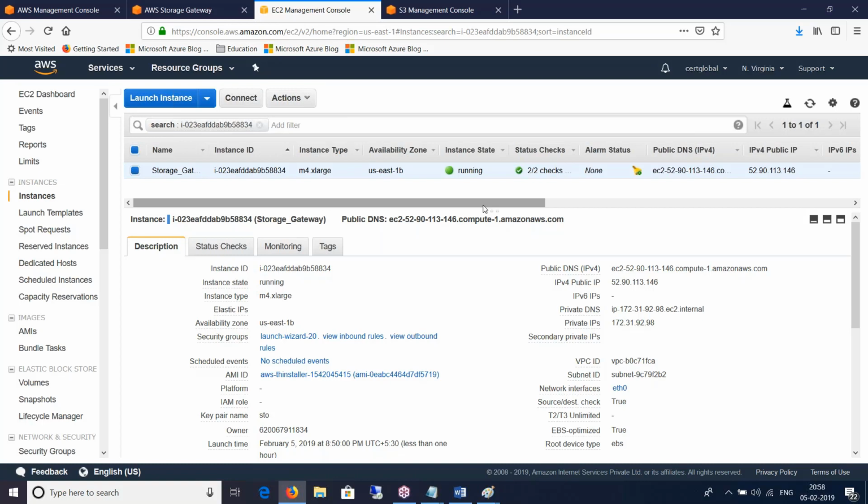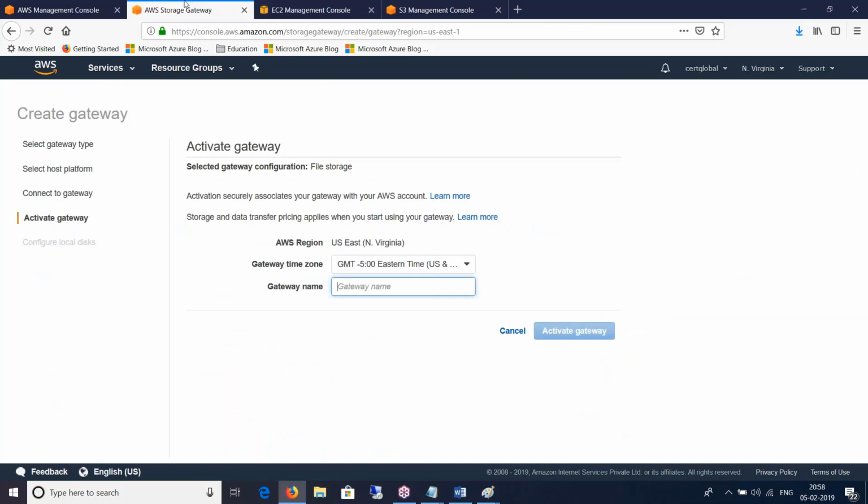So the IOPS of the disk are already utilized for what it is supposed to do. If we use it for any other purpose, then you are putting an additional overhead on the storage gateway. When things go wrong, it will be very difficult to troubleshoot and narrow down the actual root cause. Okay.